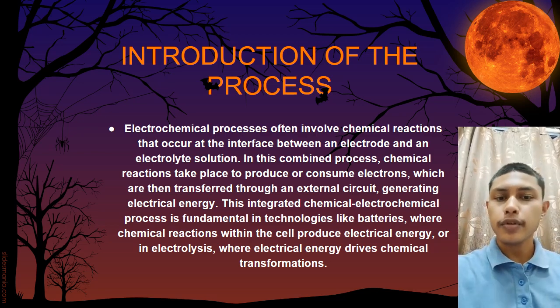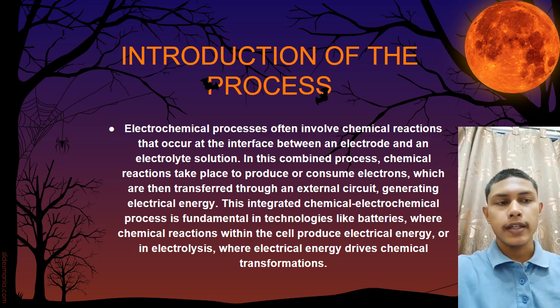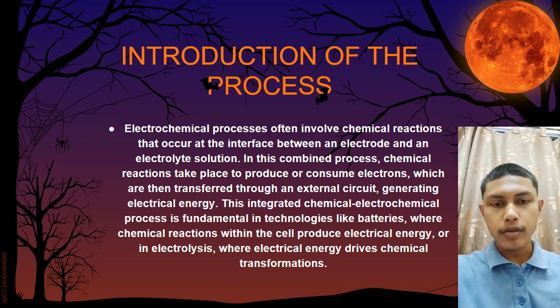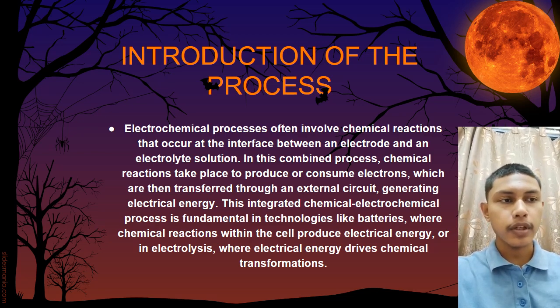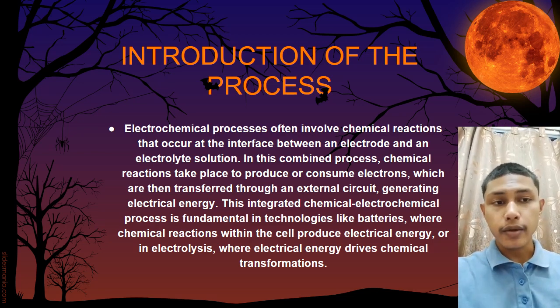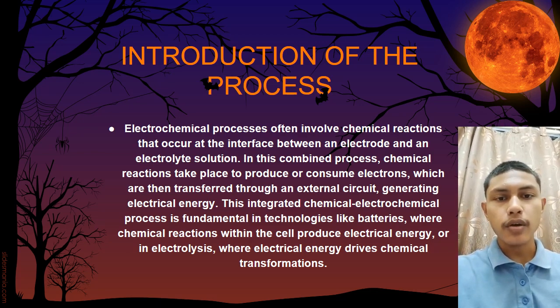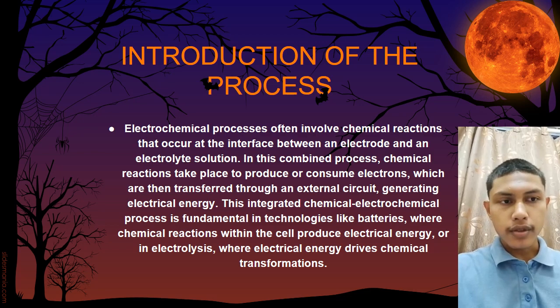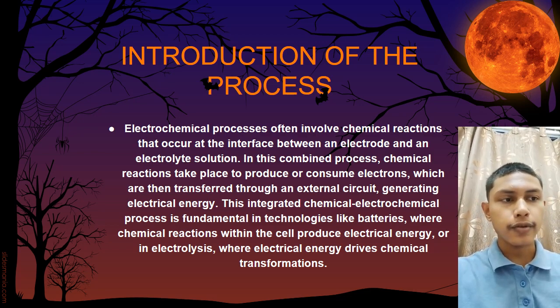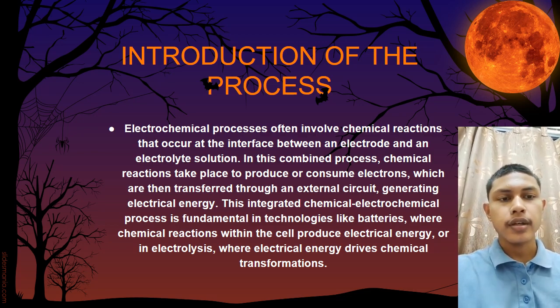Introduction of the process. Electrochemical processes often involve chemical reactions that occur at the interface between an electrode and electrolyte solution. In this combined process, chemical reactions take place to produce or consume electrons, which are then transferred through an external circuit, generating